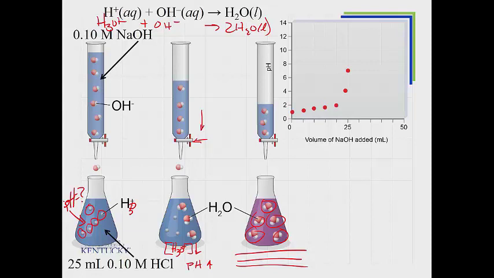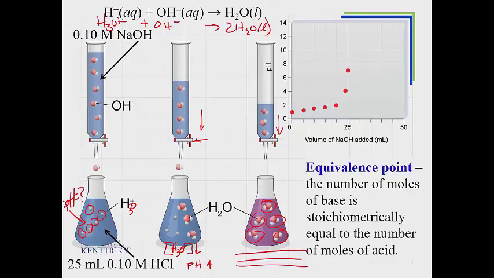Now what's going to happen if I add some more? If I put a little bit more in there, is there any acid to neutralize that? No, I have just used up all of my acid in the flask. But let's not go there yet, okay? What we are at this point right now is what's called the equivalence point. The equivalence point is where the number of moles of your acid and your number of moles of base are stoichiometrically equivalent. Okay, so let's neaten it up a little bit. We're at the point where we have added just as much base as we had acid, and that's called the